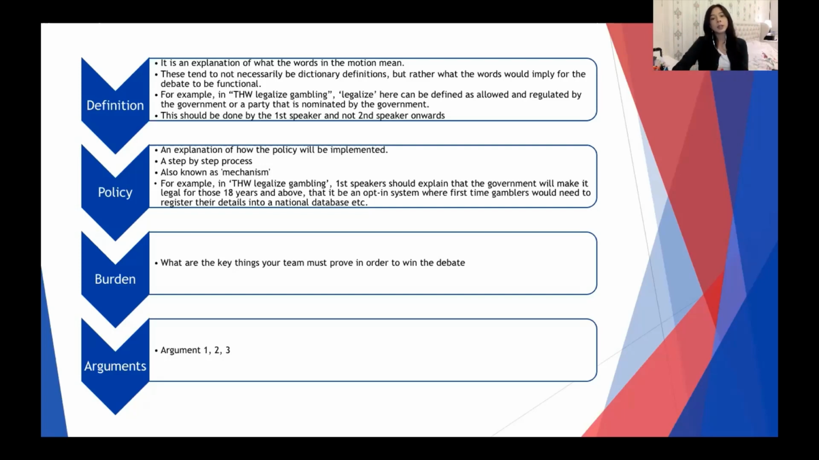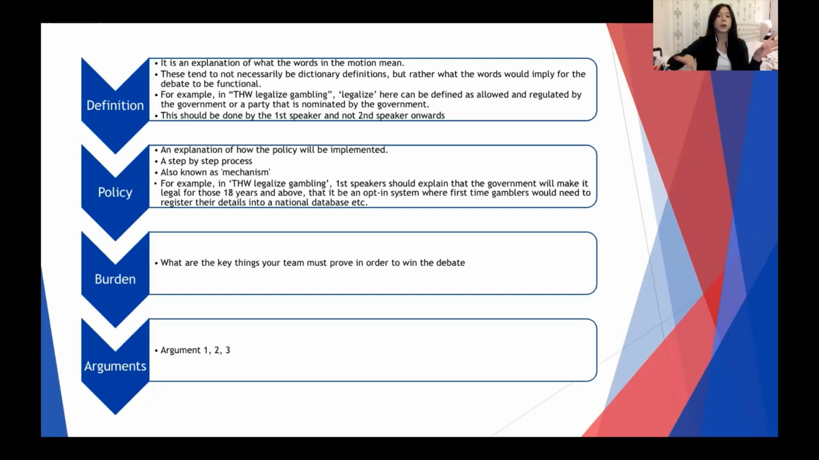So for example, if your motion is this house would legalize gambling, and generally you feel like the key important areas or burdens you want to pick up on is that number one, this would ensure safer gambling, and secondly, that this would help the economy of the country. Then a lot of the arguments that you build will need to prove that. So firstly, you will prove those arguments, but at the end of the day, the overarching umbrella,